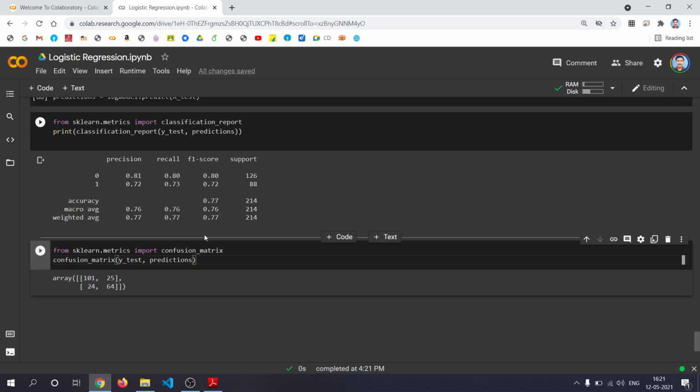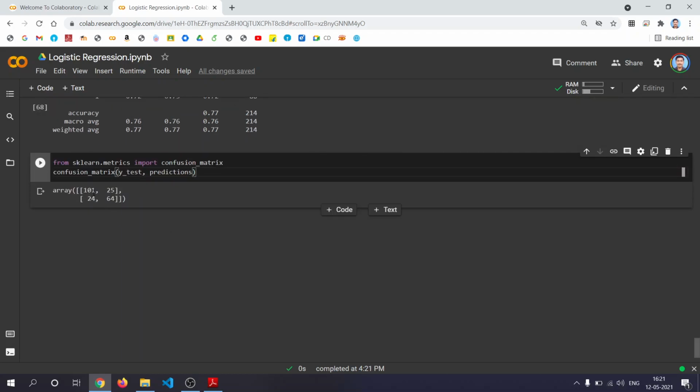You will get 4 values as output: 101, 25, 24, 64. Means that this is the true positive, true negative, false positive, and false negative. True positive in the sense, in the data set it was assigned as positive, and here also it is assigned as positive.